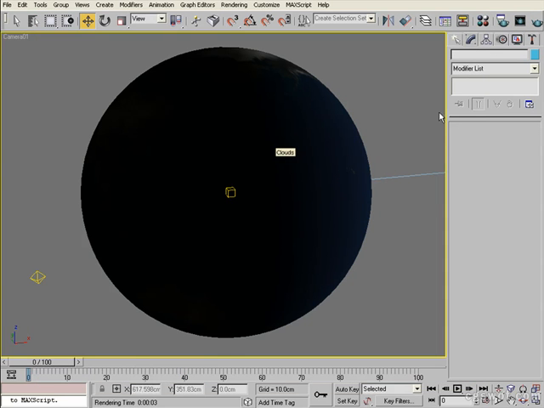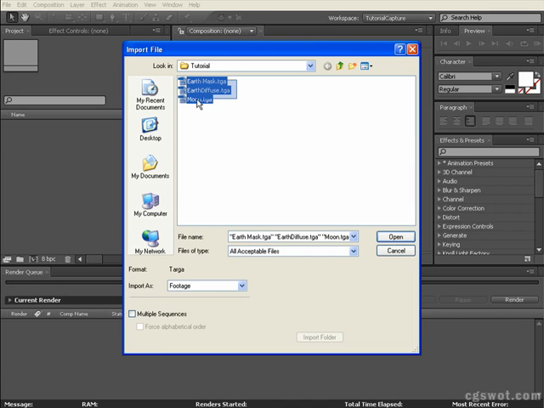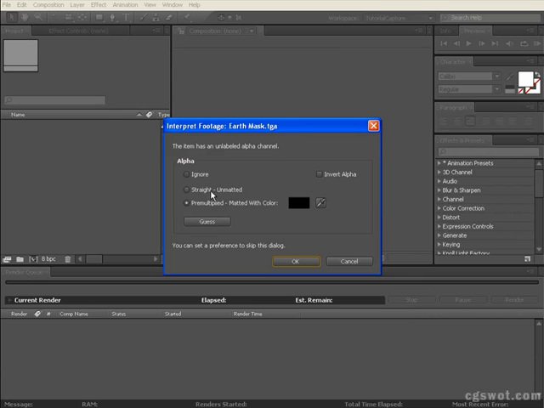Okay, so they're pretty much the only layers that we need to render. Given the time constraints for the tutorial, I'm going to keep it fairly simple. So we're just going to stay with those renders that we have there, and we'll come on over to After Effects. So here we are in After Effects, and we're in just a blank project, and we need to bring our footage in first. So let's double click on our project window and just bring our 3 maps in. We'll go OK to that, and we need pre-multiply with black,